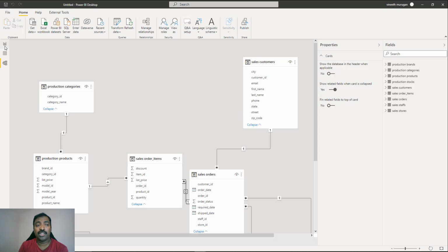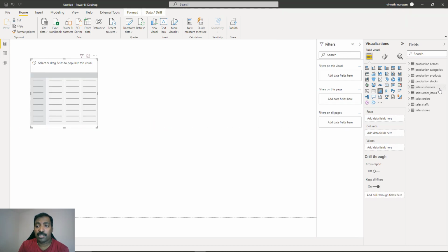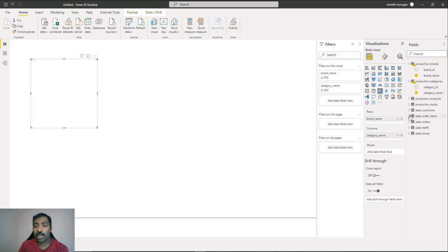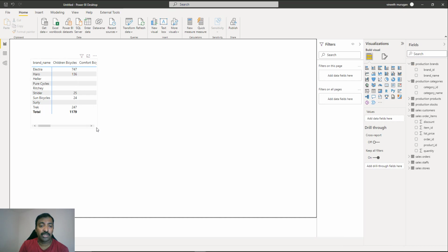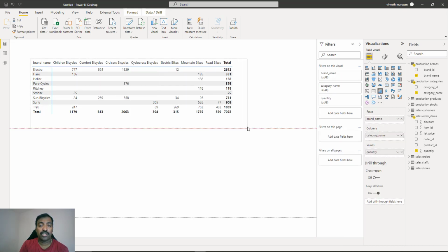So once you do this change, then you can come back, and now we are ready for creating our reports. So we'll start off by first creating a matrix, and inside this matrix I am going to add the brand as the row, category as the column, and the quantity from sales order items as the value. So this will be sum of the quantity, and the other two will be the corresponding values. So you will get for each brand, for each of the categories, what was the total number of quantity which